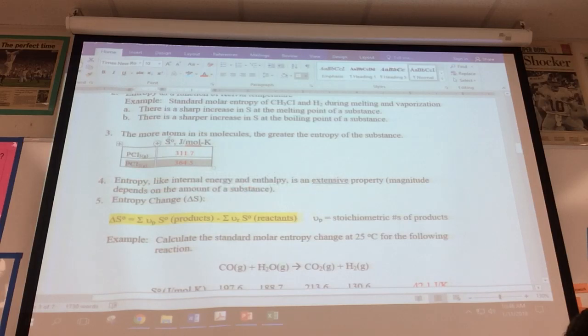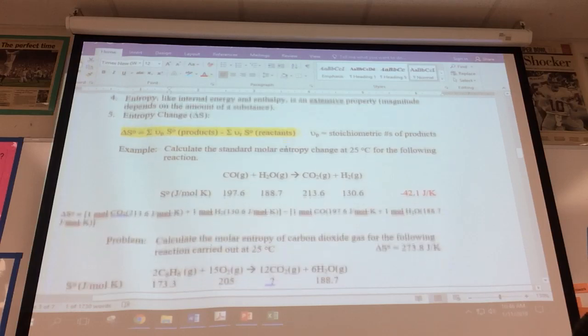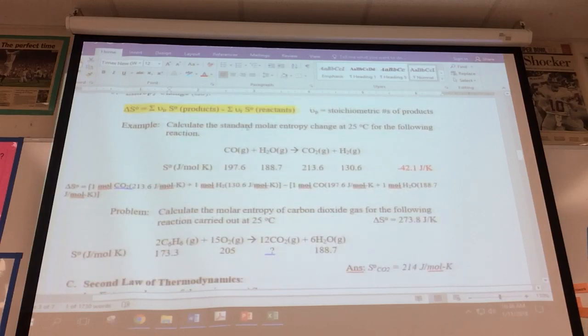Entropy, abbreviated with an S. Values are provided here. Note the unit of joules per mole Kelvin. The unit will become critical a little later in the chapter. You'll see it today. Entropy is an extensive property, so it does depend on the amount of substance. You'll have to take the number of moles into account. Entropy can be calculated similarly to the way we calculated enthalpy. If we wanted to calculate the standard molar entropy in this particular